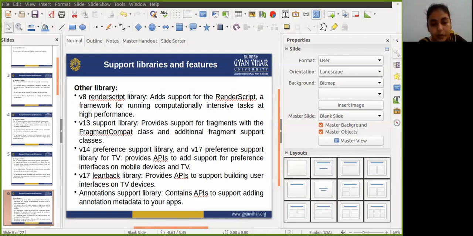It provides support for fragments with the fragment compat class and additional fragment support classes. Next are the version 13 preference support library, the version 14 preference support library, and the version 17 preference support library. These are mainly used for TV. They provide APIs to add support for preference interfaces on mobile devices and TV.